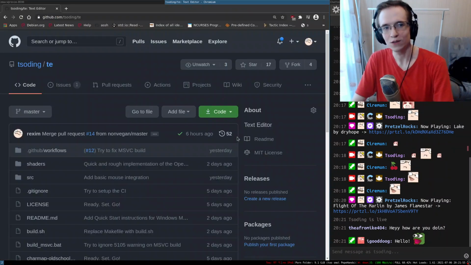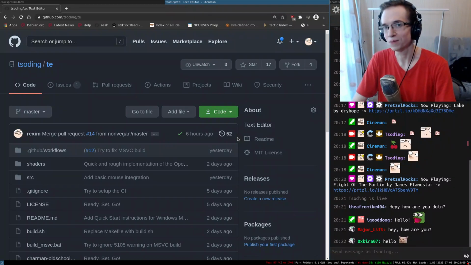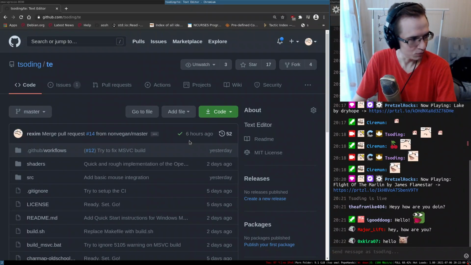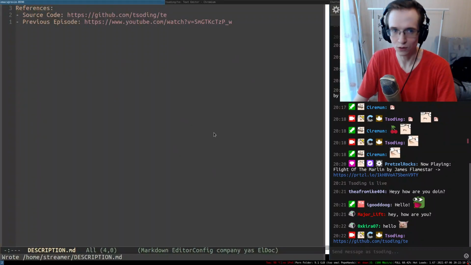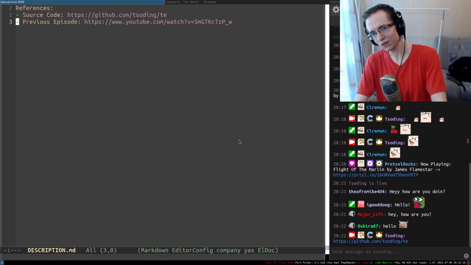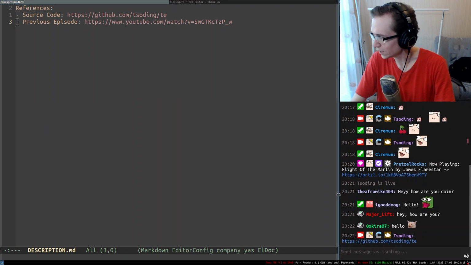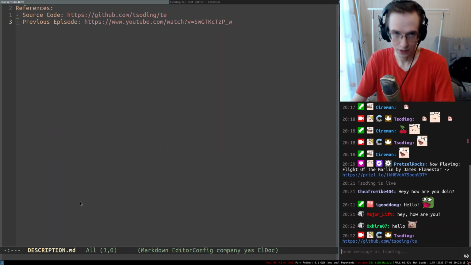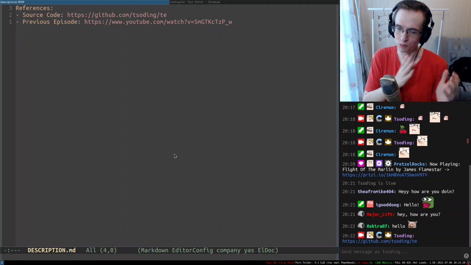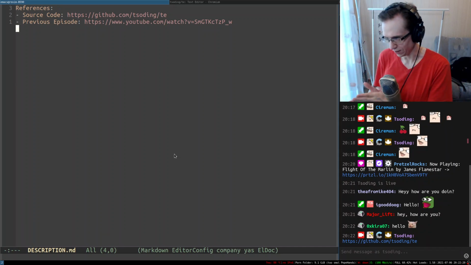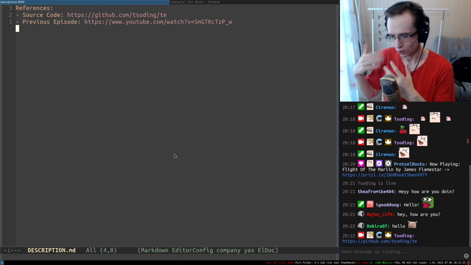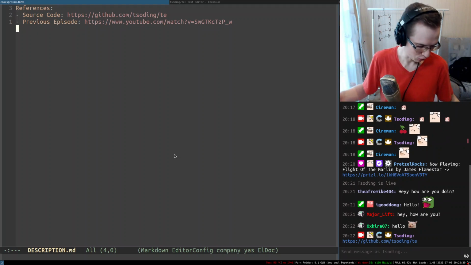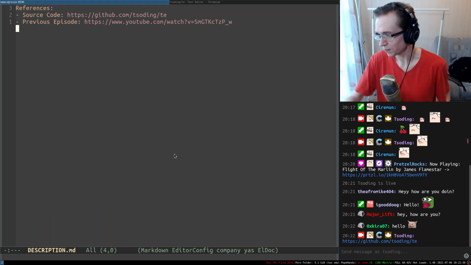So today we continue to develop our text editor that we started like 4 or 5 days ago. You can find the source code of this text editor in the description and also in the chat. In the previous episode, we started to rewrite our renderer from pure SDL to OpenGL, and today we're going to simply continue doing so. But before we continue the implementation of OpenGL, I think we should finally choose the name.